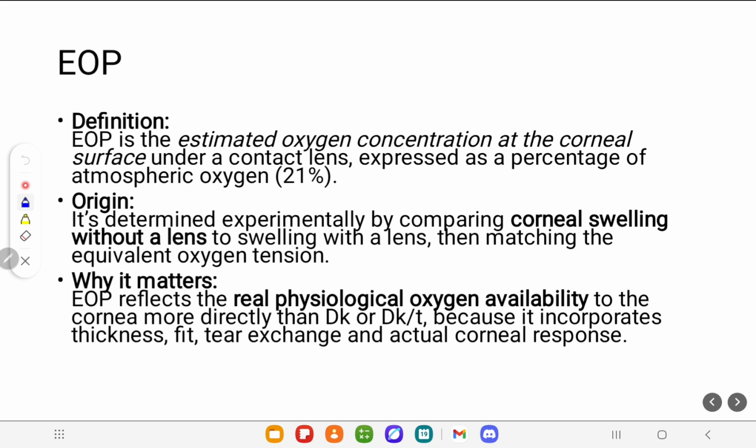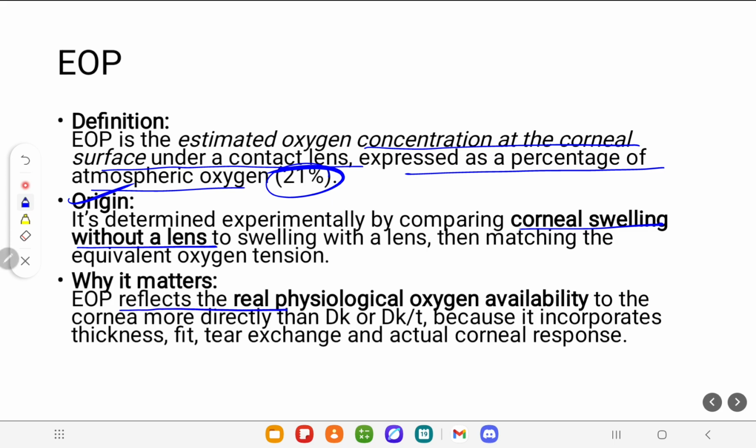So equivalent oxygen percent is defined as the estimation of oxygen concentration at the corneal surface under a contact lens, expressed as a percentage of atmospheric oxygen. Basically, for a naked eye it's always 21%, but under a contact lens it will reduce. It is defined experimentally by comparing corneal swelling without the lens and with the lens, matching the oxygen tension. From that, the equivalent oxygen percentage is derived. Why does it matter? Because